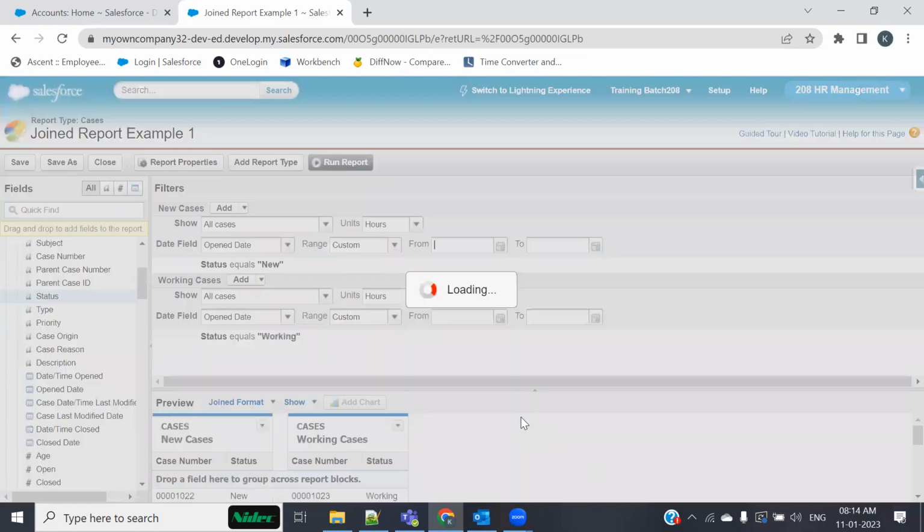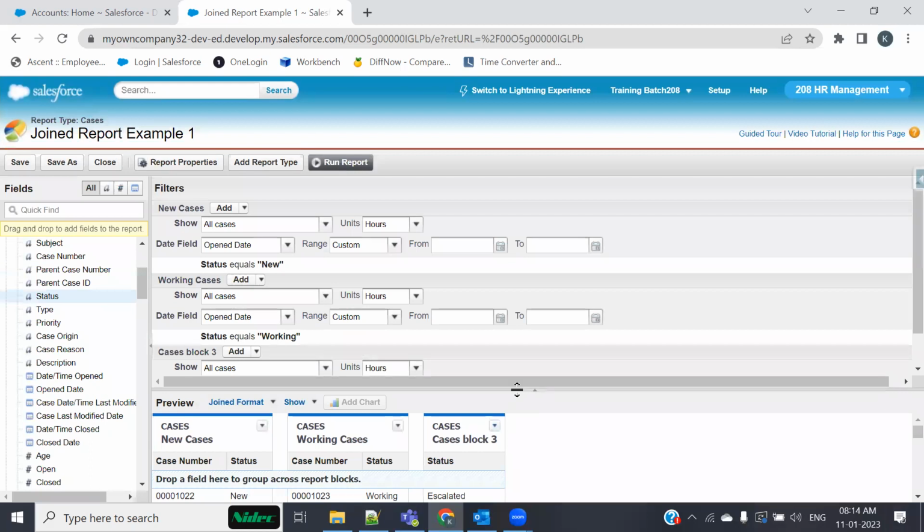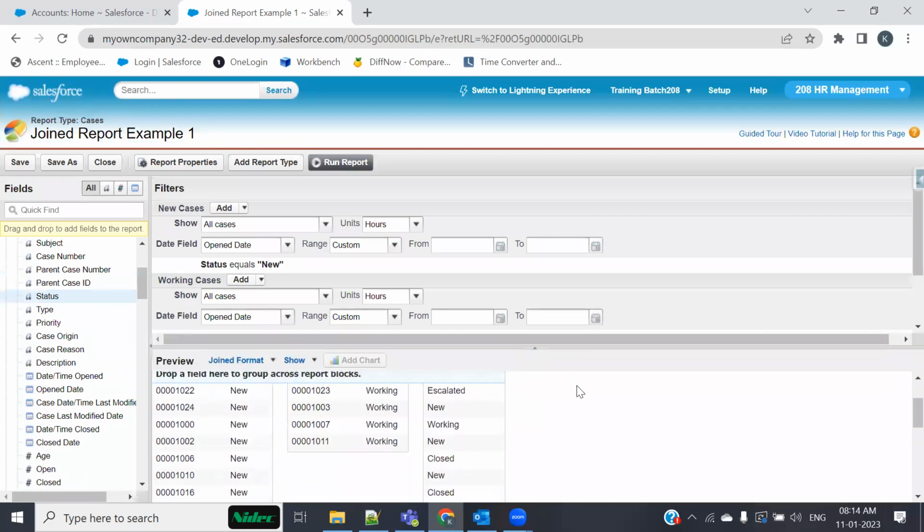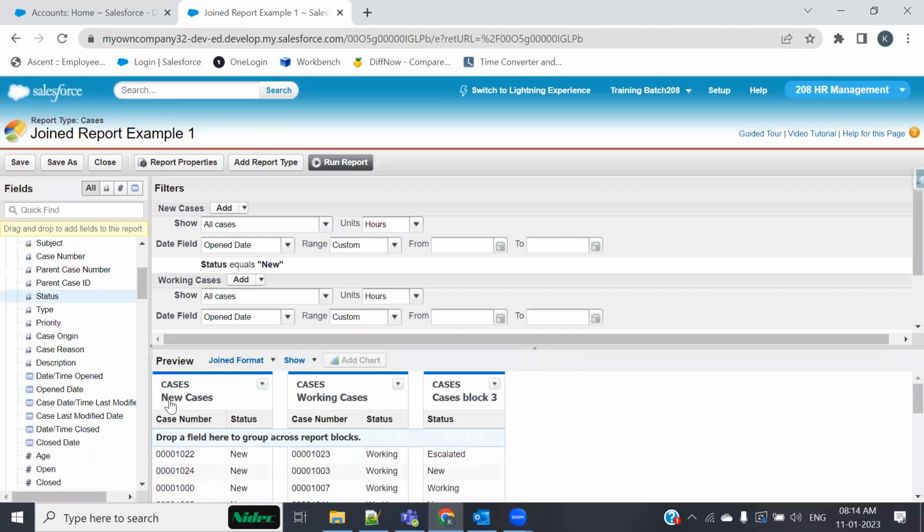I'm going to explain. I'm creating one new block. And I have added status. Let me add case number as well. So case number and the status. To this block, I'm giving the name as escalated cases, right?